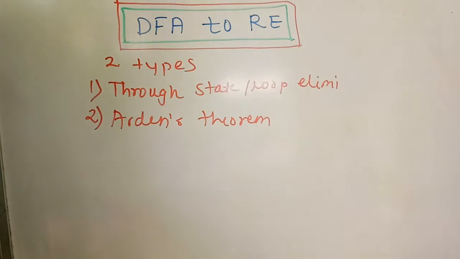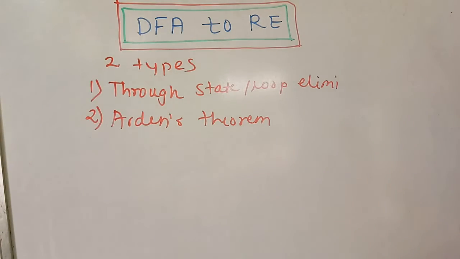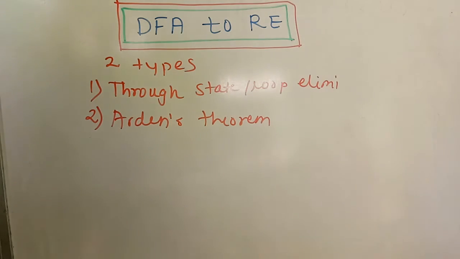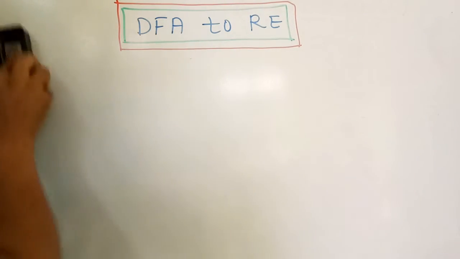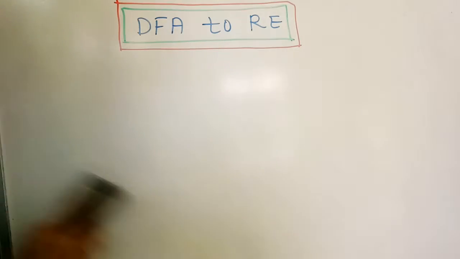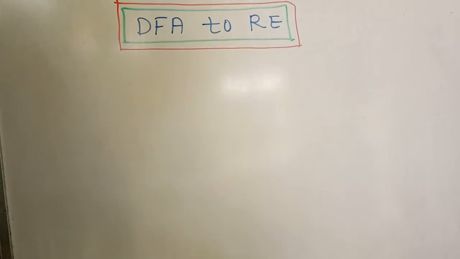Now we will take the first mechanism while solving this DFA to regular expression, and that is the state or loop elimination method. Now I will give some small examples, and through them we will study how to eliminate the state into its regular expression. For that, first of all,